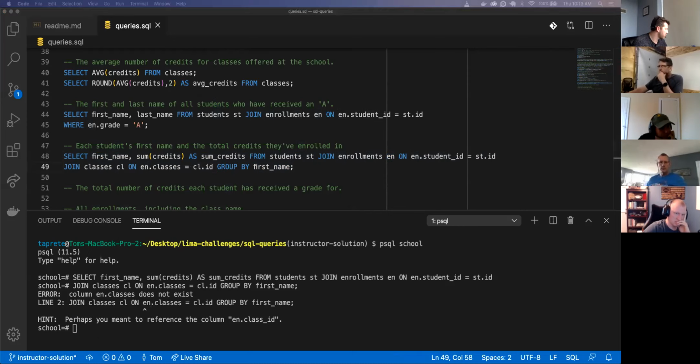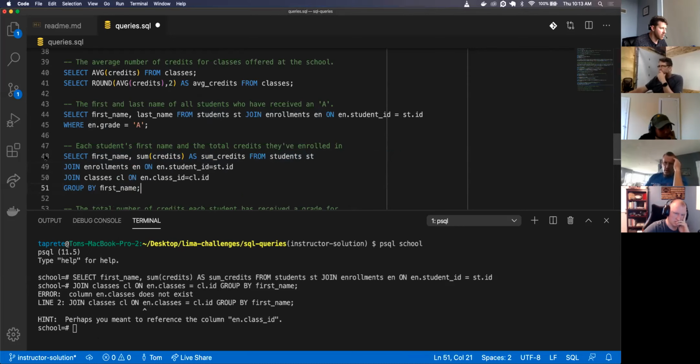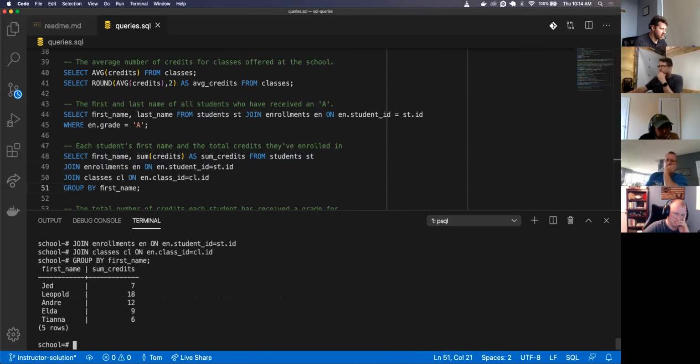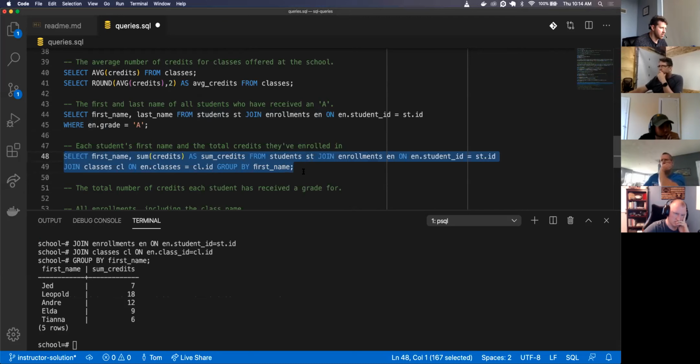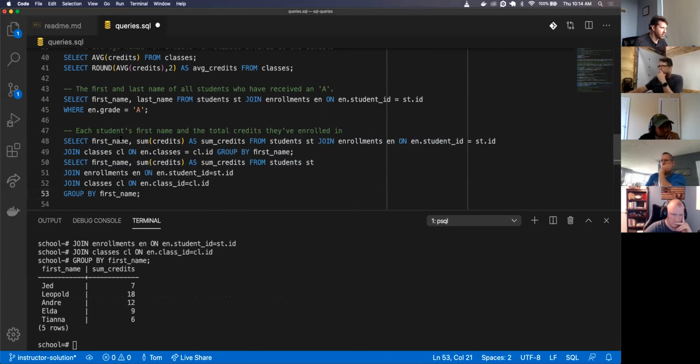Did not work. Let's see. That did the same thing for me. Even though the two fields were not unique to each other, it's just a second field there. What changed? It's different. Sum credits from students.